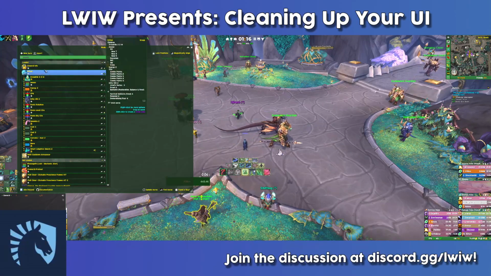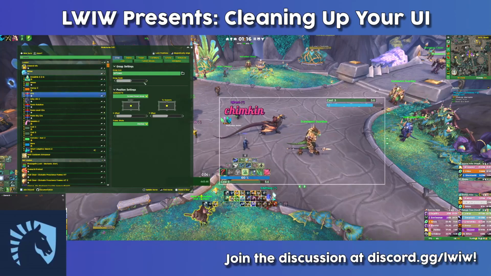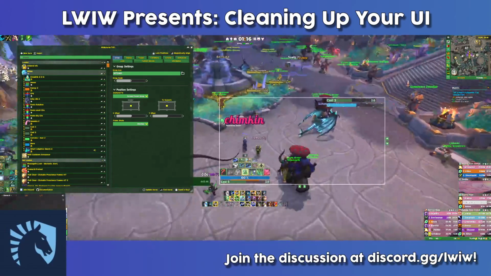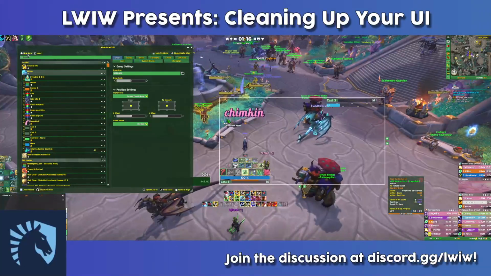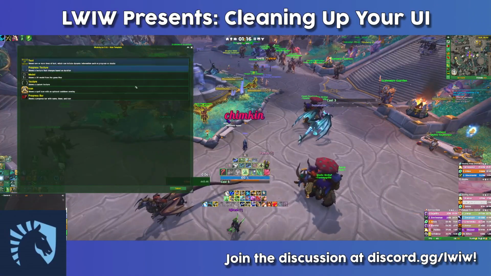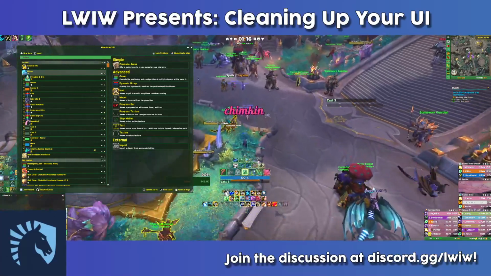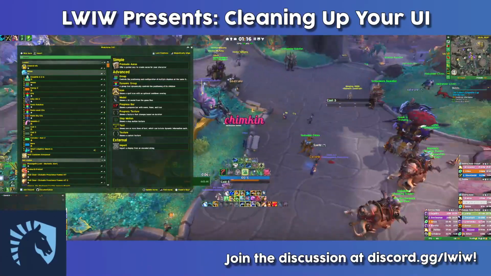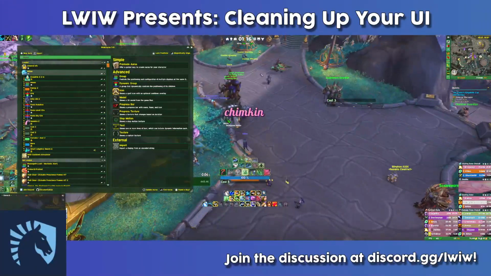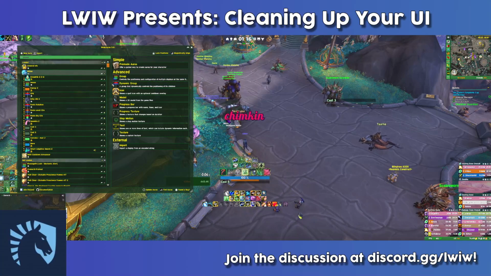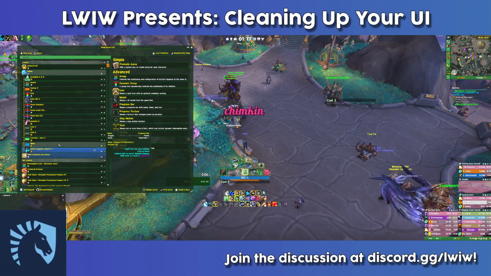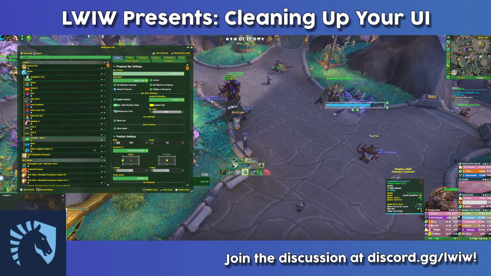And I think a lot of people sleep on the fact that WeakAuras does do most of it for you already if you just use these pre-made auras. They're actually very good at most things, and it's just some of the more niche things, or if you want WeakAuras that some people would say play the game for you, so something like this one that keeps track of your convoke and your